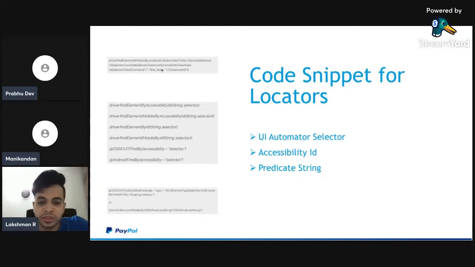We can use this UI Automator strategy with the UiScrollable function, which is an inbuilt function, for complex operations like auto scrolling. If you see an application like Hotstar or Netflix, or, the best example, Instagram, when you keep scrolling, the content keeps loading.